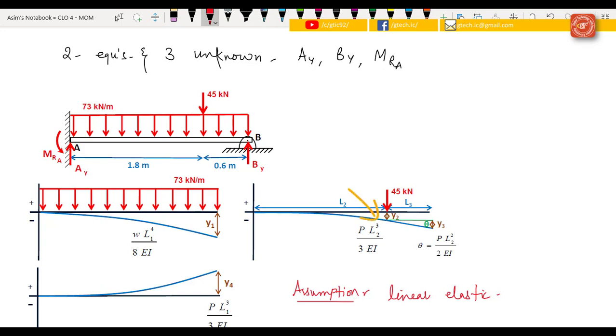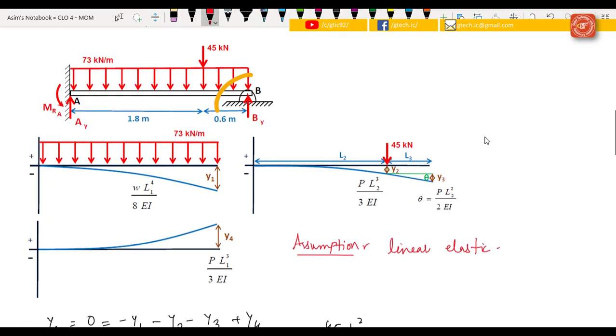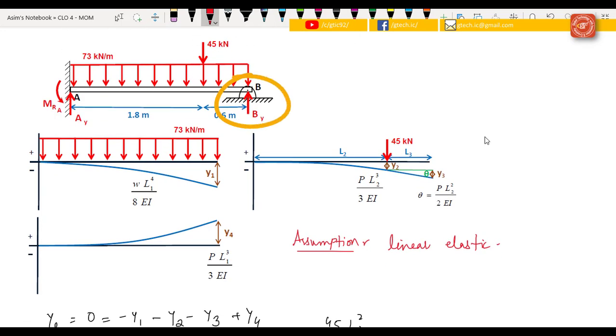So the value of this deflection is PL2 cubed over 3EI, and the deflection at the length of L2 is PL2 cubed over 3EI, and the slope at this end is PL2 squared over 2EI. And now we are considering this support, the pin support,